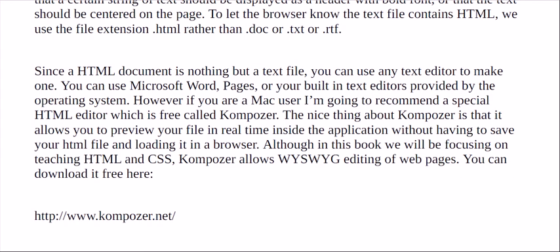You can download it free here. www.composer.net/